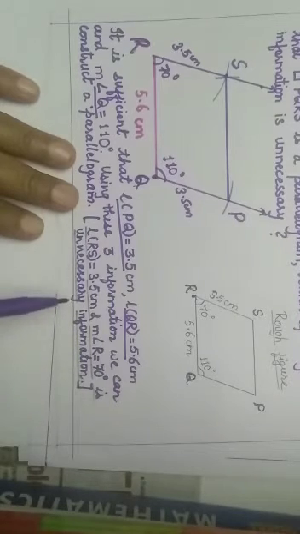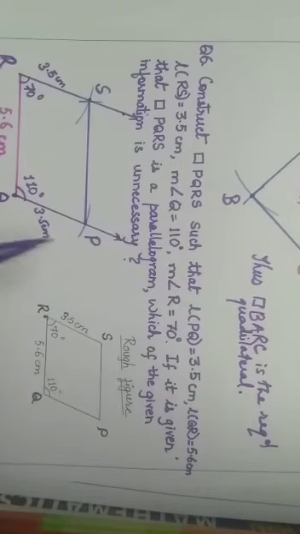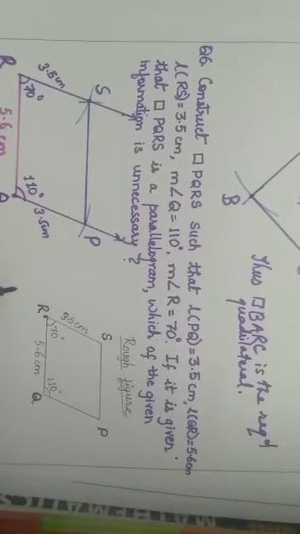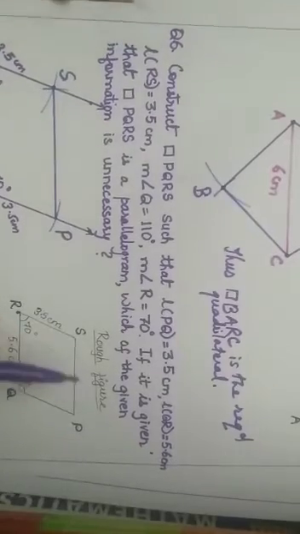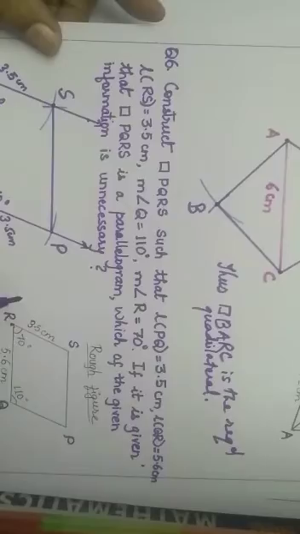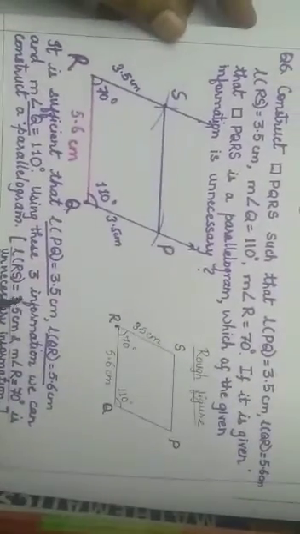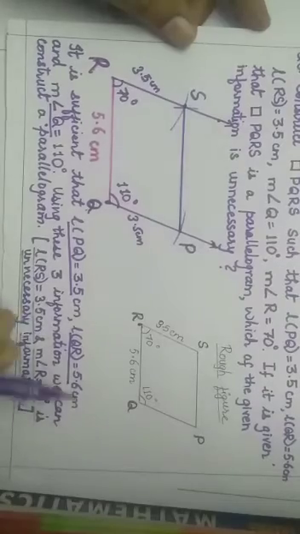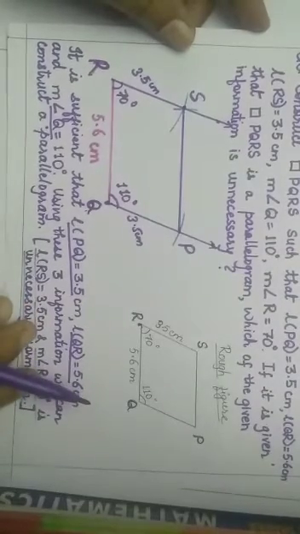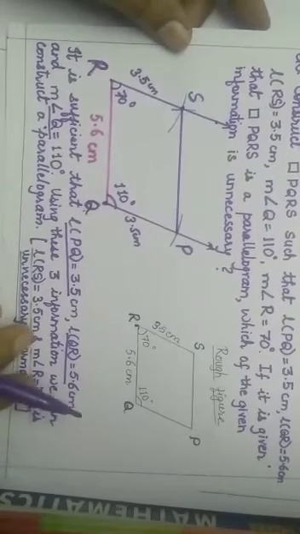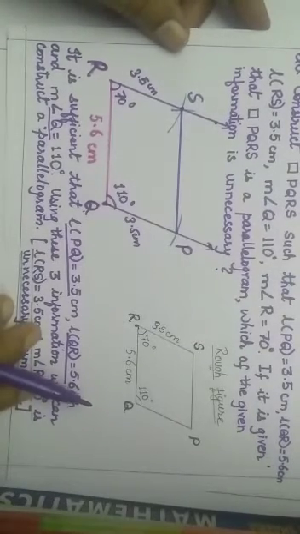This is unnecessary. So in this way, questions number 3, 4, 5 and 6 we have finished, and I told you question number 4, question number 5 and question number 6 will not come in this exam. Okay, it is for self study. This year these 3 questions have been cut from your exercise. Which questions? Question number 4, question number 5 and question number 6 of practice set 8.3.